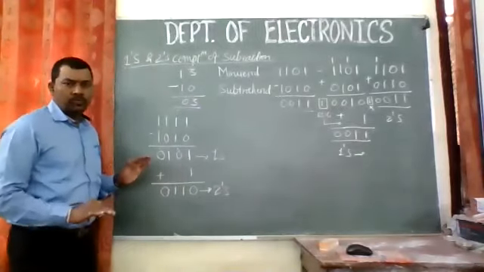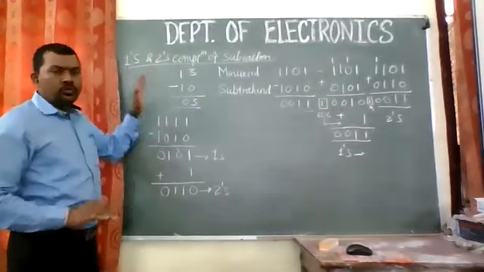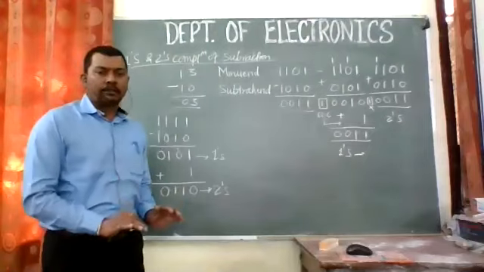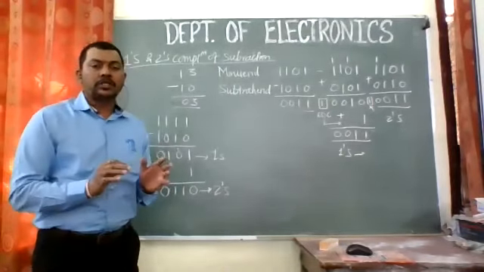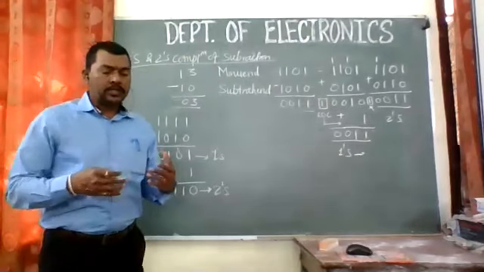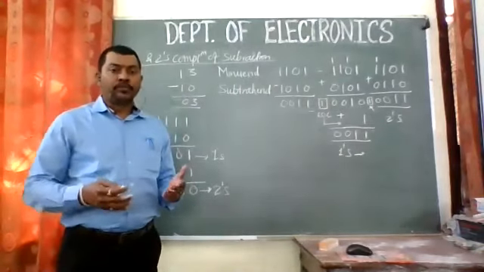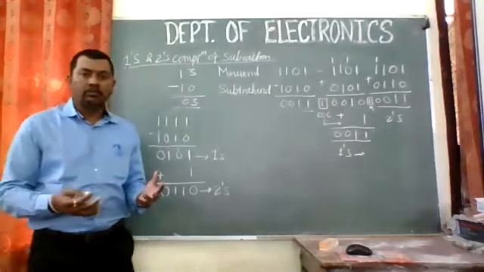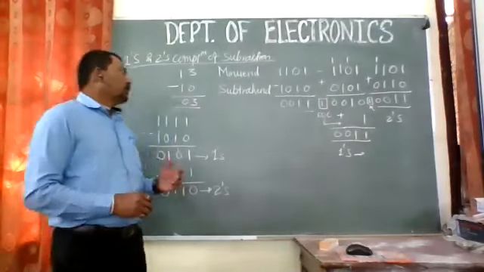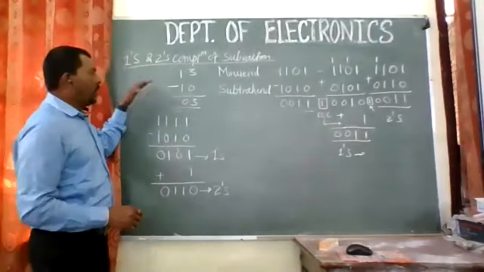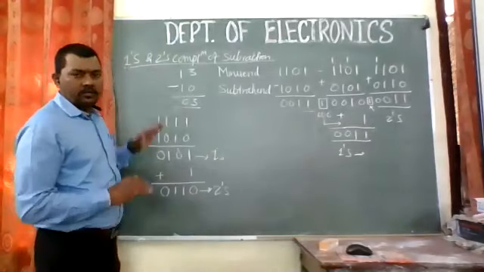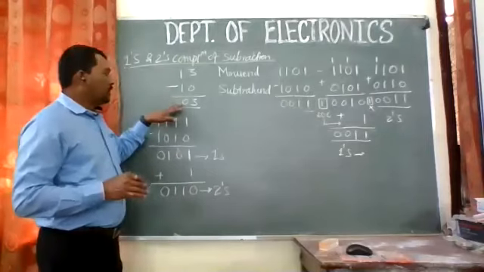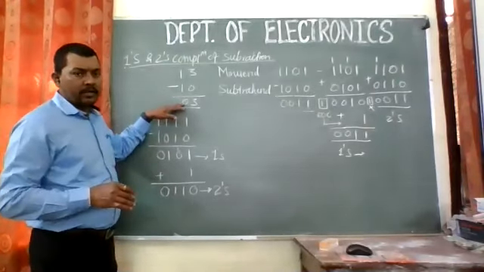Today we are studying the ones and twos complement method of subtraction of binary numbers, right? Now this is actually an application of binary numbers. Why are we studying binary numbers? In this, what we are trying to do is we have taken two numbers, 13 and 10 in decimal, and we have simply used general rules to subtract it.